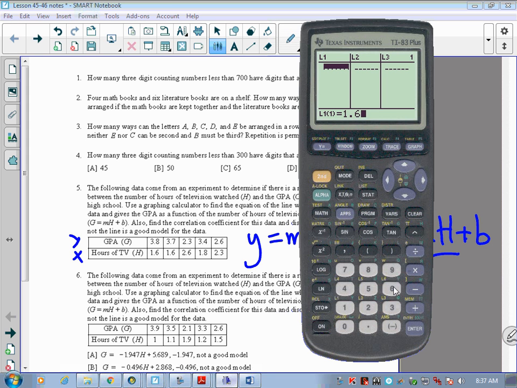So 1.6 is going to go in first. 1.6, 1.6, 2.6, 1.8, and 2.3. Okay, and we're going to go over to list 2: 3.8, 3.7, 2.3, 3.4, and 2.6. Okay, once we have that, hopefully if I haven't done anything wrong here,